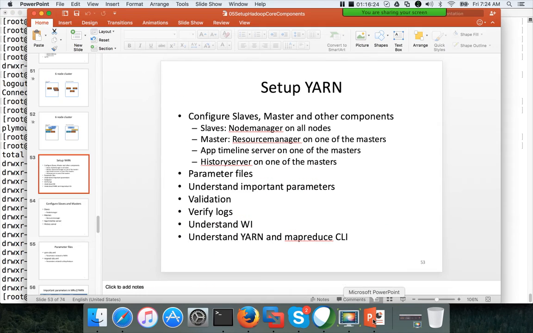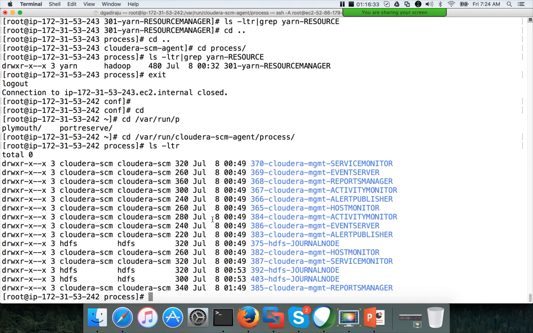And then the next thing is validation. Validation, again, I have shown already. Validation is about whether the services are up and running or not, and if there is any issue at the service level. That's where you go to the web interfaces and go to instances, and you will see the details about those things using web interfaces. And whatever I have found so far about running the commands with the username is nothing but validation.